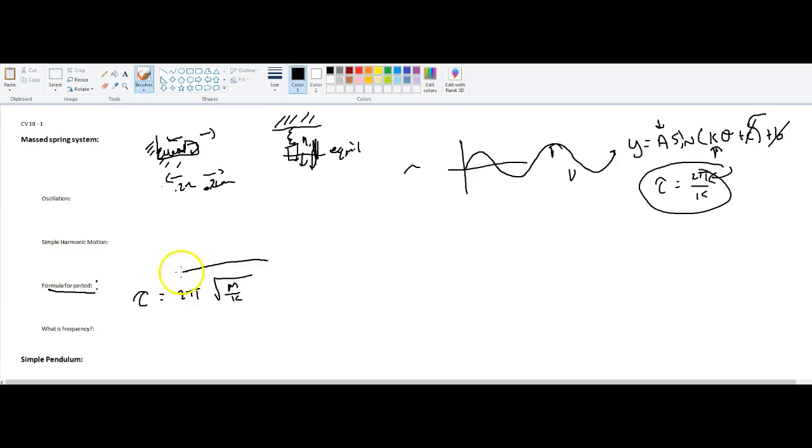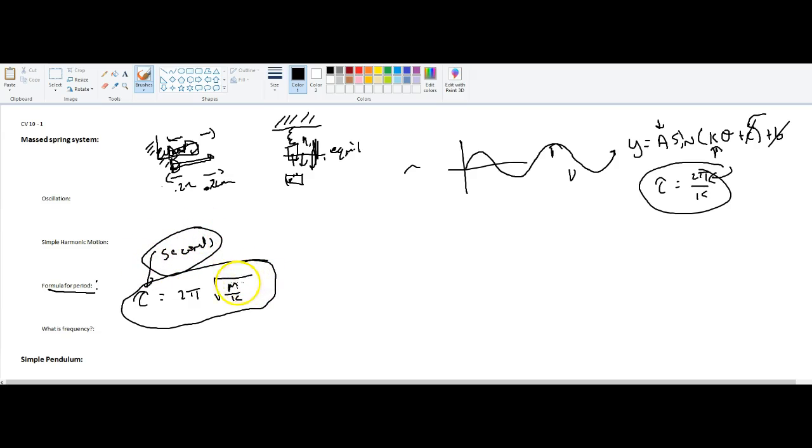Now I need to explain this formula in a little more detail and spend a little more time explaining what a period is to begin with. Period is how long until it goes back to where it started. So if I start by pulling it here and let go of it, the period is how much time it takes to get back to the starting position. If I pull this thing down, period is how long it takes before it gets right back down to the same spot. It turns out for a mass spring system, in an ideal situation with a very good spring that does what it's supposed to do, unlike anything that I have in my house, the period would be, which is measured in seconds,